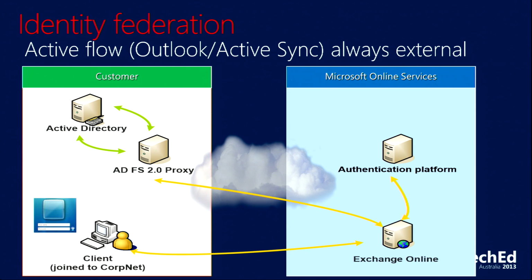All right, and this is the third and final authentication flow, which is what's going to happen when you're signing on with Outlook or a device with ActiveSync. Now, has anyone ever actually logged on via Outlook and seen a redirection page? I don't think so, right? It's a very transparent, seamless experience. And the same is true when you're signing on with a smartphone or a smart device, right? You're never going to see a redirection page. It all just knows how to handle it behind the scenes, and this is the reason why.